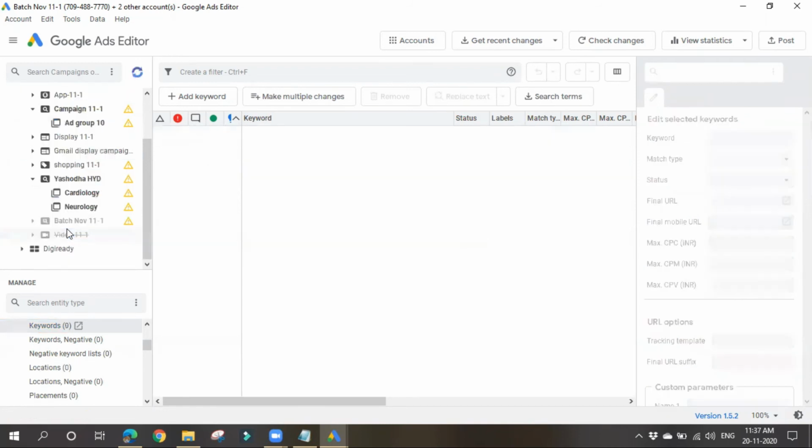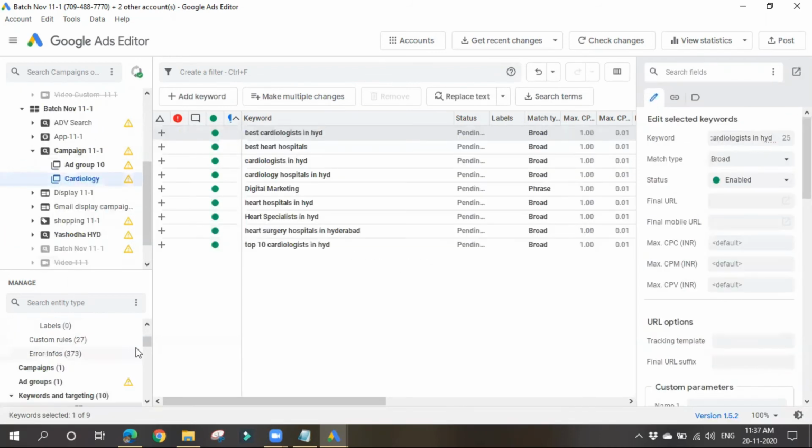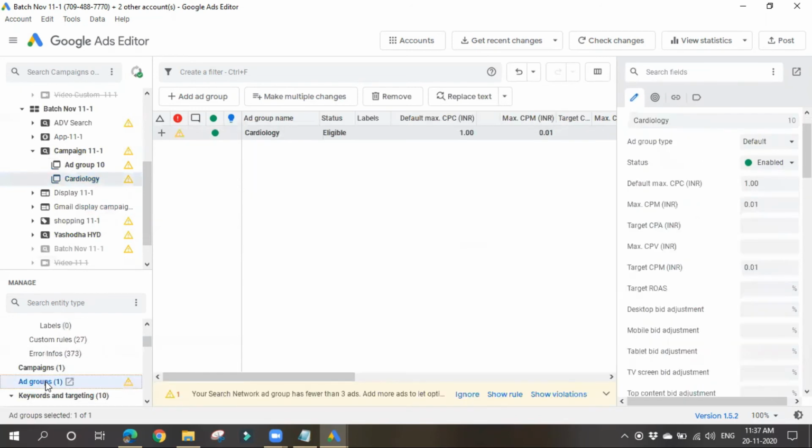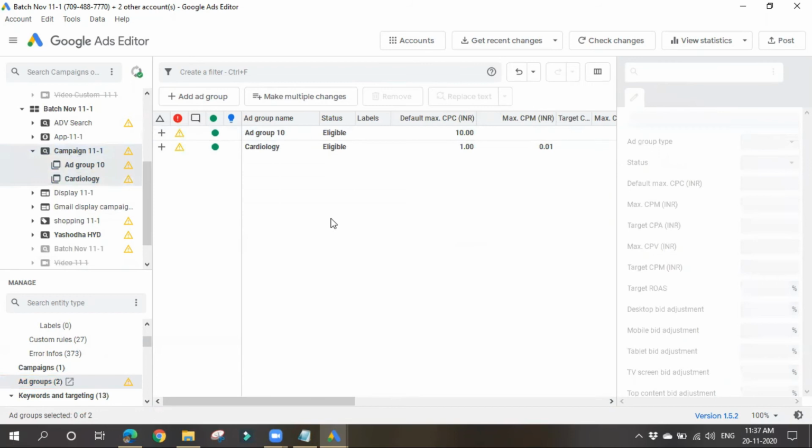Like this you can copy ad groups also. Let me go to ad groups. Under campaign level 1, you can see this ad group also. If you don't want these changes, you can undo them again. Like this we can do copy and pasting, which reduces our work a lot. We can do bulk changes at a time. We can copy and sort out things. No need to take extra stress. It will reduce a lot of stress and also saves a lot of time. This is one of the best advantages of Google Ads Editor.